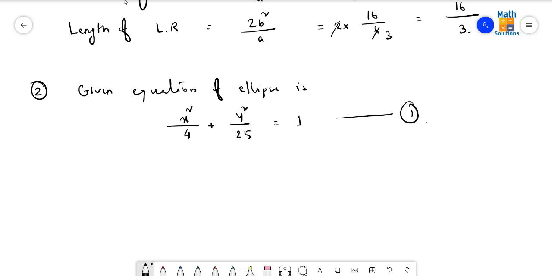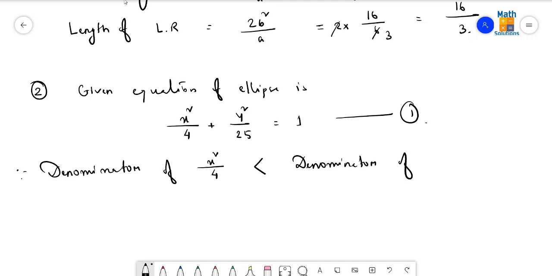Let's mark this as 1. Since the denominator of x square by 4 is less than the denominator of y square by 25,